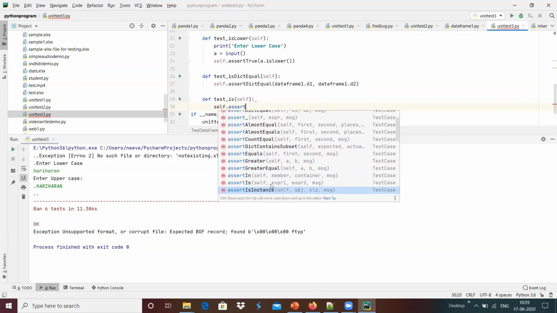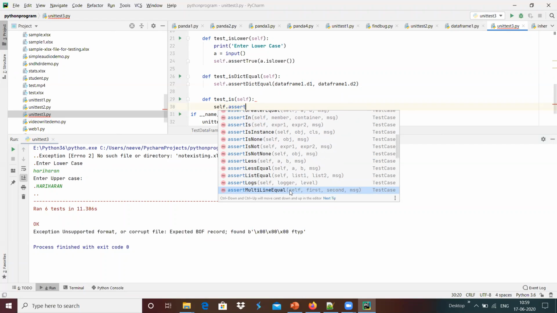and whether something is an instance of this class or not, that we can validate, and is none, where an object can be given to check whether it is none or not, that we can validate. Is not equal, where expression 1 and expression 2 are not equal, not none, less than, less equal, list equal, where both lists are equal or not, that we can validate with this.